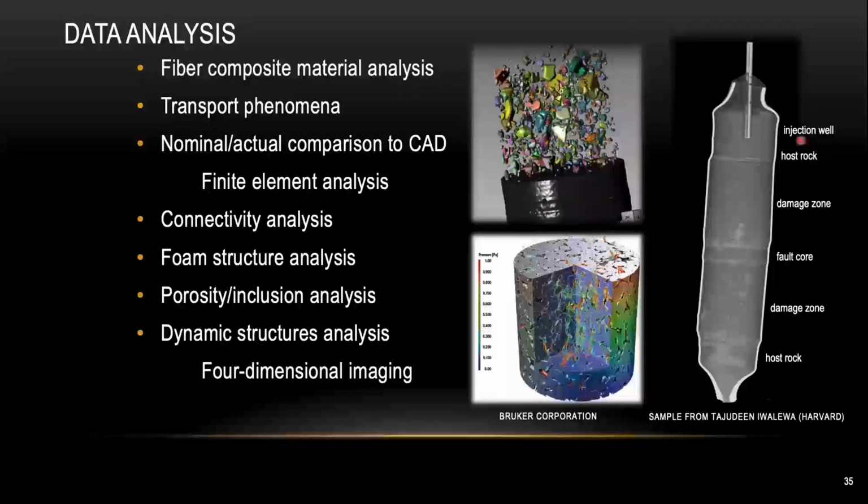The picture on the right here is another sample from one of our users. He wants to study the physical link between subsurface fluid injection and earthquakes, so we use some kind of lab simulation model here. The sample has different zones of material. We try to inject the liquid from the top and find out how the liquid sneaks through the different layers of material and eventually goes out here. You can test with micro CT before the liquid injection and also after. The liquid we're using is an iodine solution that helps enhance the contrast.